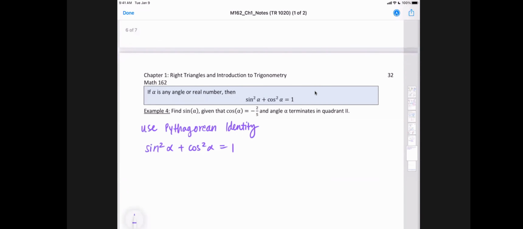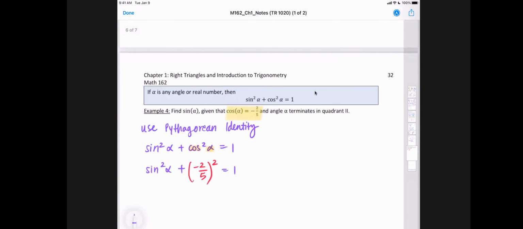And we're going to use the fact that cosine of alpha is -2/5. So the -2/5 is going to be placed in for this cosine of alpha, and then you square it. All right, so this is going to be sine square alpha plus -2/5 squared